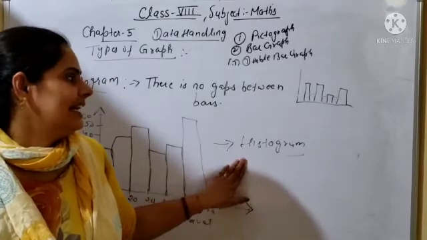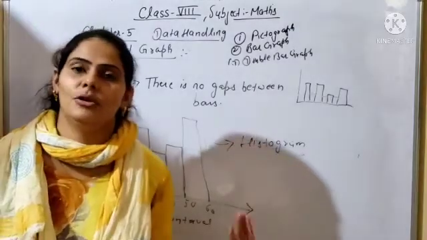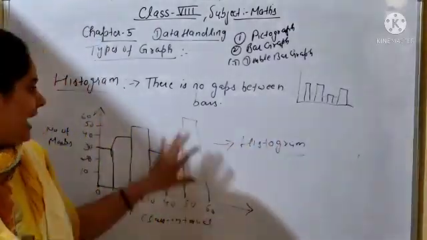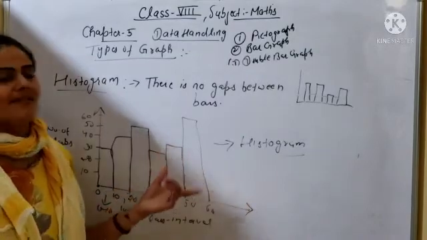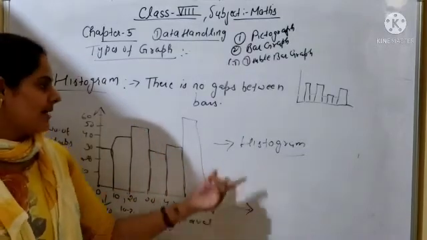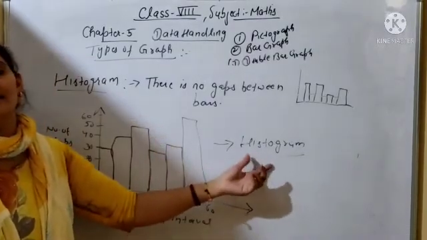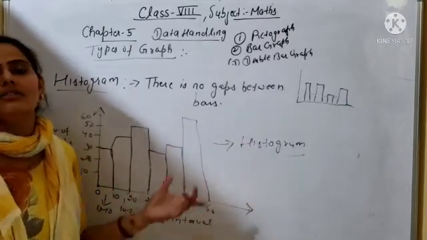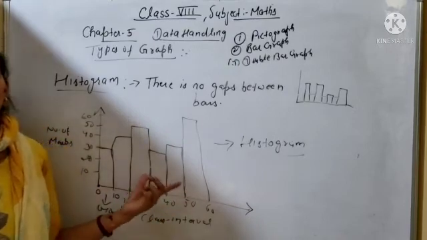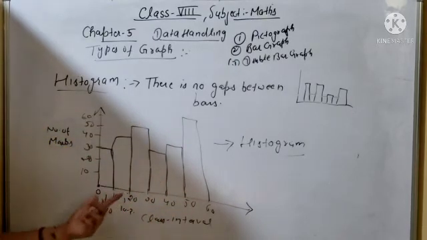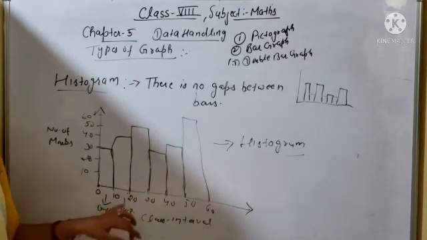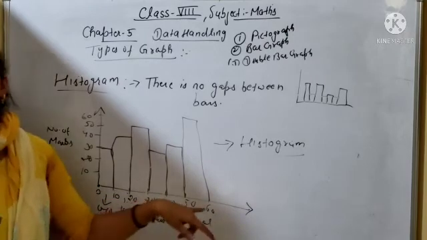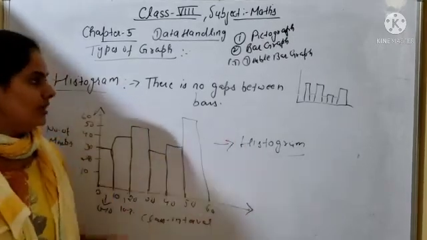After that, grouping data is given. So here also you will make the grouped frequency distribution table the same way, and for the grouped frequency distribution table you will use a graph. And which type of graph? This type of graph. This is called the histogram. And what is a histogram? When there is no gap between bars, you will use the histogram, because when grouping data is given, the data will be in intervals, like 0 to 10, 10 to 20 in class intervals, so you will use the histogram.